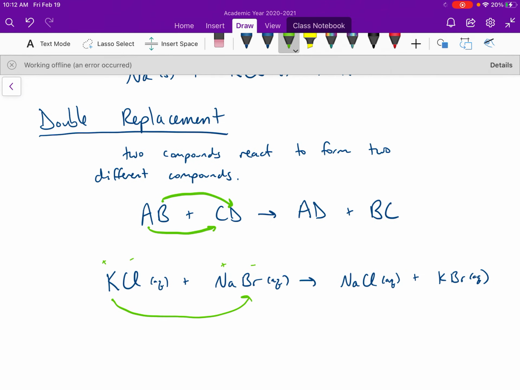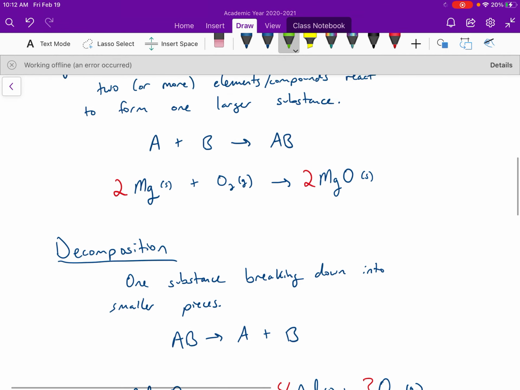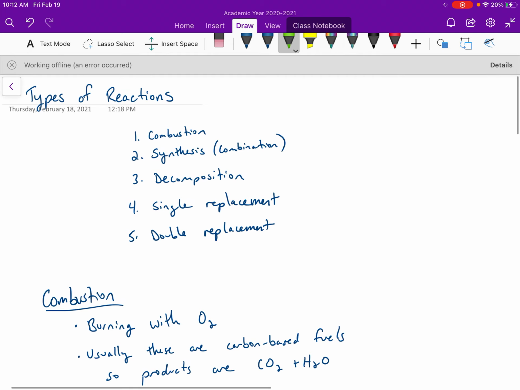Okay? So what you're going to try to do is look at a list of reactions, okay? And based on these criteria, you're going to try to identify them as one of these 5 things, okay? Go through by process of elimination. If you're not sure when you first look at it, check off the boxes. Could it be combustion? Could it be synthesis? And so on and so on. And if you do it that way, you should be able to narrow it down and figure out what it is, okay? All right, have a